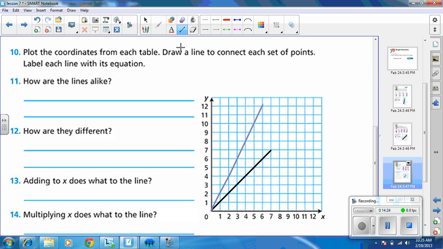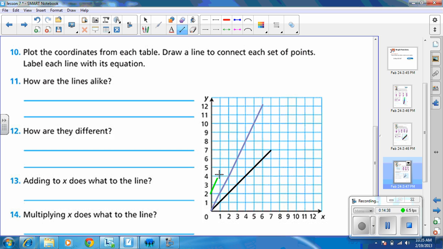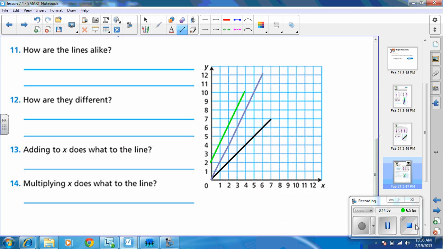Okay, and then the last one is adding 2. So if you were to add 2, okay, so it would be 0, 2 right off the bat, right? And then 1, 4. Right, so think about adding increments and how that changes things. Okay, so you can extend those lines out. I want you to talk about how the lines are alike, how they're different, and what adding does versus what multiplying does. And then this is what you're going to come back and share with your